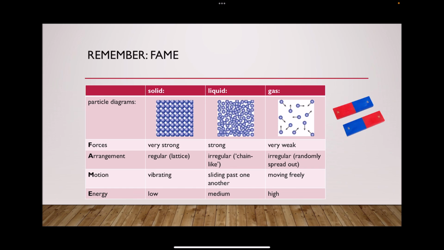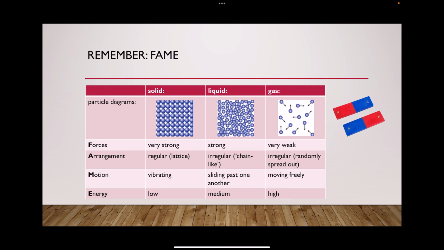What about energy? Energy has to do with motion, because if you have to run to get the bus, more energy is involved than you slowly moving from one classroom to another and just being on the move very slowly. That means the faster you travel, the more energy is involved, and the same is true for particles. So as particles in the gas move freely and fast and a lot, there is a lot of energy involved, so that's why energy is high.